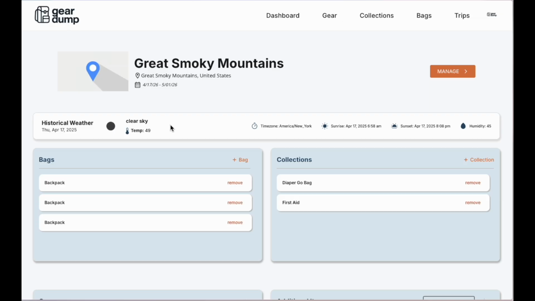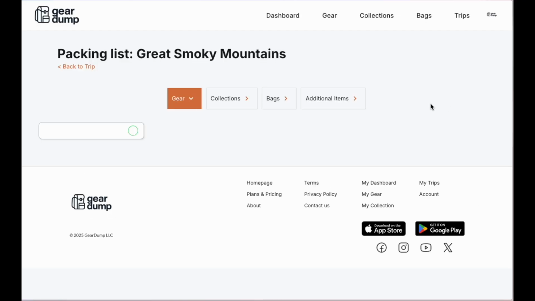We don't intend this to be your main overall source for weather for your trip. Of course, there's so many better resources for weather, but this is just a good little touch base on what you're looking at. What the powerful part of trips comes in is you can now get access to the packing